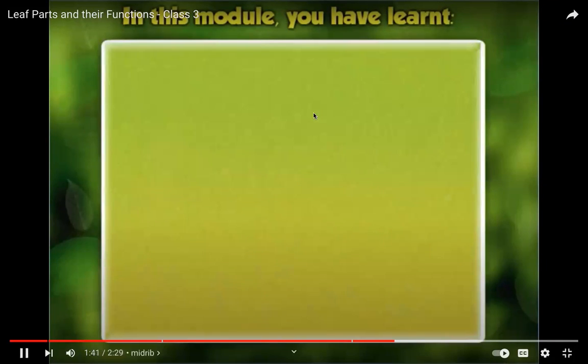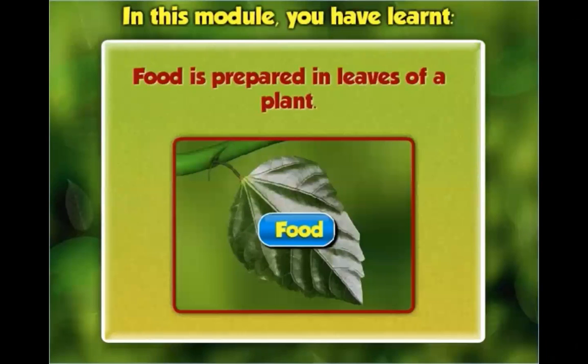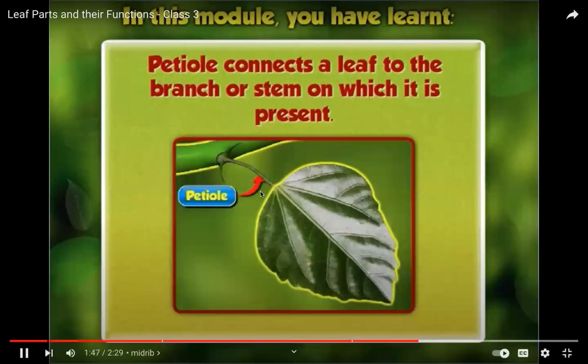In this module you have learned food is prepared in leaves of a plant. Petiole connects the leaf. Okay. So what does chlorophyll help in? Chlorophyll helps the leaf to prepare the food. So tell me, Tuhin, what does chlorophyll help in? The chlorophyll helps the plant to make their food. Okay, Debangshu,